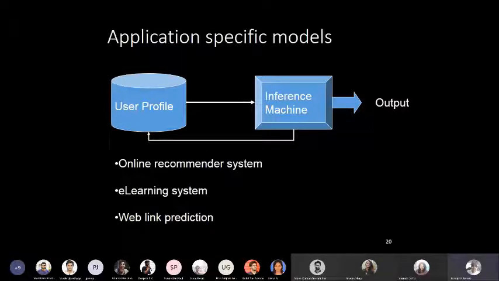And there is an inference machine which is implemented in many different ways. Sometimes it may be a simple rule based system, that if you press 2, then the system will speak in English to you. If you press 3, it will speak in Hindi to you. If you press 4, an operator will talk to you. So it may be as simple as such a logic, or it can be a more complicated logic like a Bayesian inferencing system or a deep learning model, which will read your user profile and your present interaction and predict an output to you.